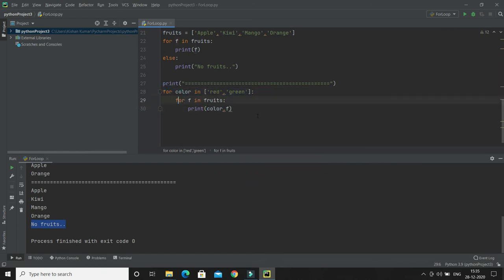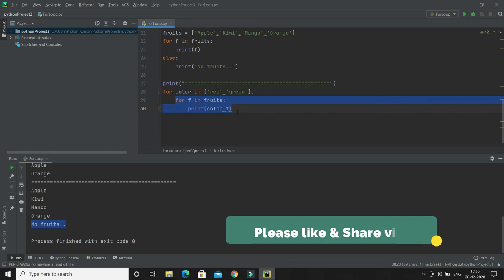How does a nested loop work? A nested loop is a loop inside a loop. The inner loop will be executed one time for each iteration of the outer loop. So first we have red in the outer loop; for this red, the inner loop will be executed for every item. Again for green, the inner loop will be executed for every item.